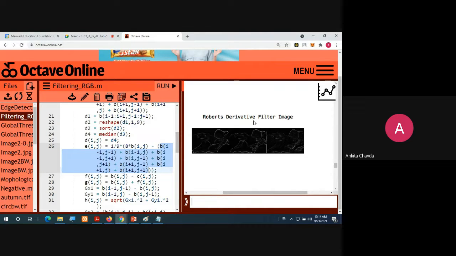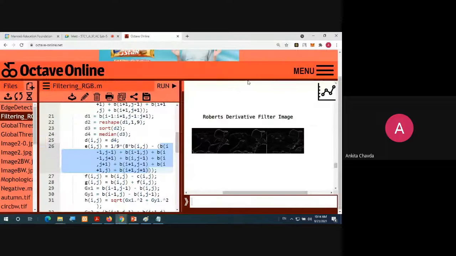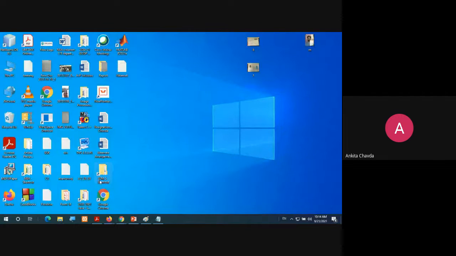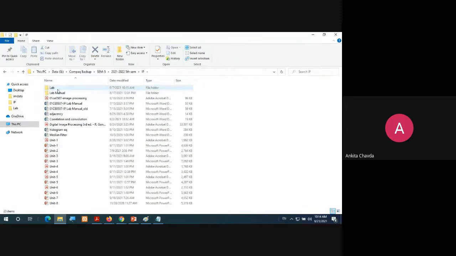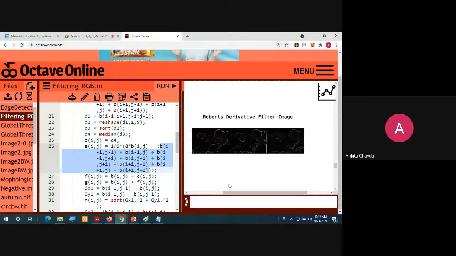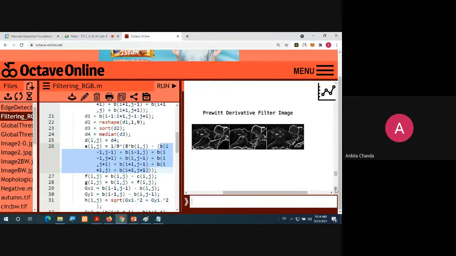This is the Roberts derivative filter image, if we have applied Roberts. I'm showing you that. This is for Prewitt, right? They are all the edge detection algorithms we have seen today.